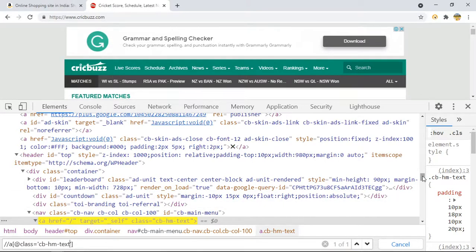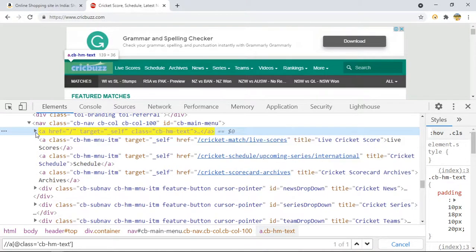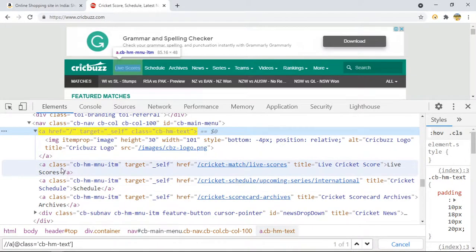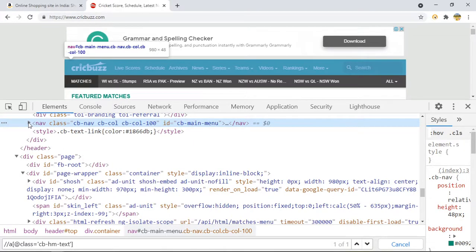So if I want to reach from this place to, okay, so it is not a parent. You can see if I'm live score, this one and this one, these three, whether I minimize it or maximize it, they are not disappearing, right? You can see here, which means this is not a parent of these three. So actually these are the children of this one. You can clearly see here when I minimize it, they will disappear.